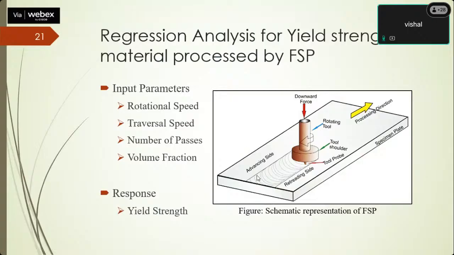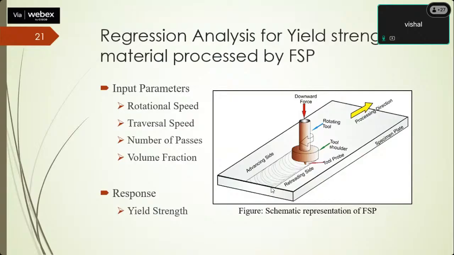The friction shear process modifies the structure of the base material surface. In this way, the friction shear process rotates over the surface and plasticizes the material. Once it plasticizes the material,